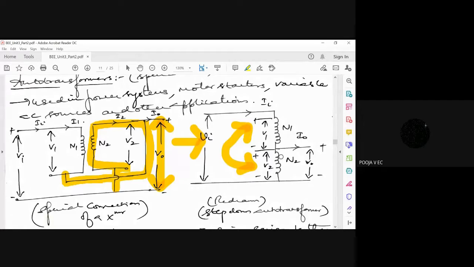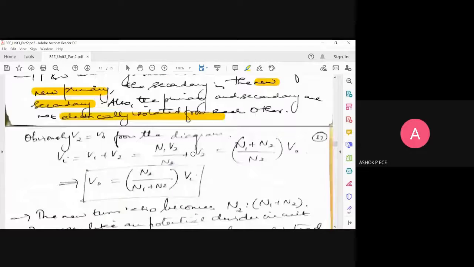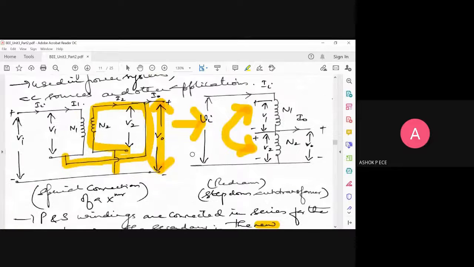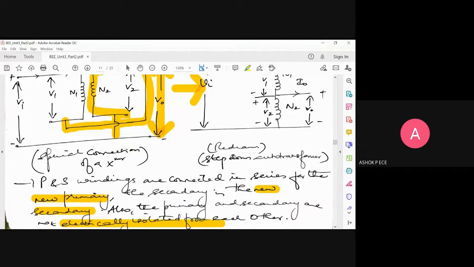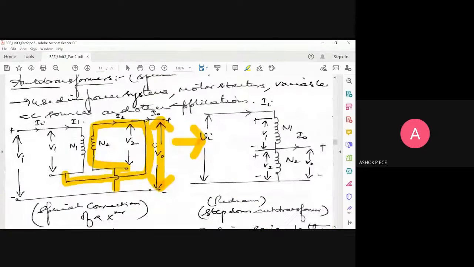Okay, sir. And when you apply Kirchhoff's voltage law, see V out. Normally, in the secondary we connect the output and measure the output, right? So I measure V out across the secondary. So V out will be equal to V2. See here, both are across the same winding. So V out will be equal to V2, and naturally whatever supply voltage you give, it is split across V1